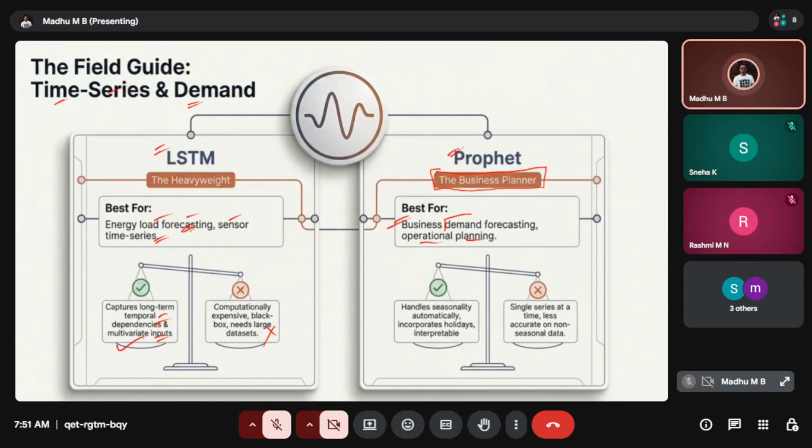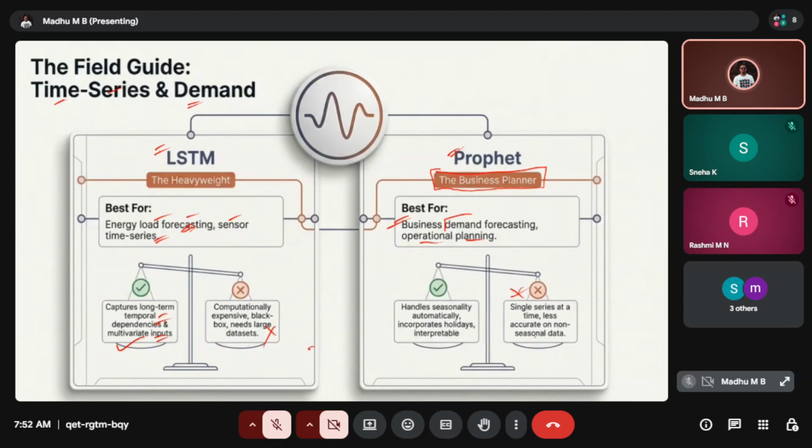Okay. And coming to the weakness part, this model is less accurate on non-seasonal data and also on a single series at a time. This is one of the disadvantages of this model. So if we want higher accuracy on seasonal data, not on series data, then this is not the right model.